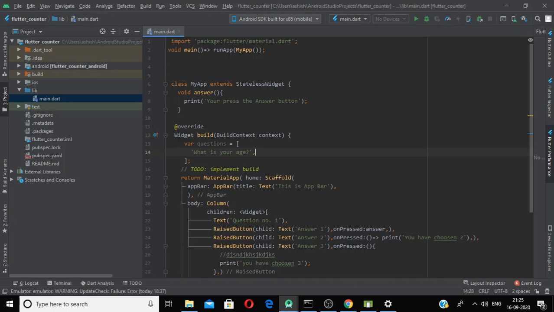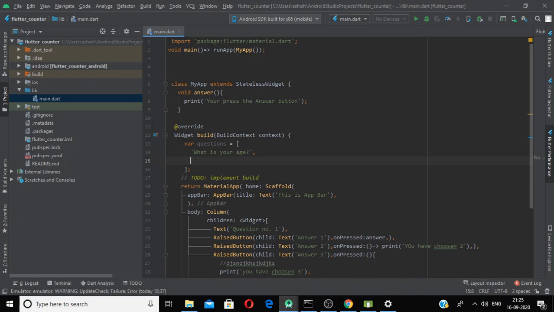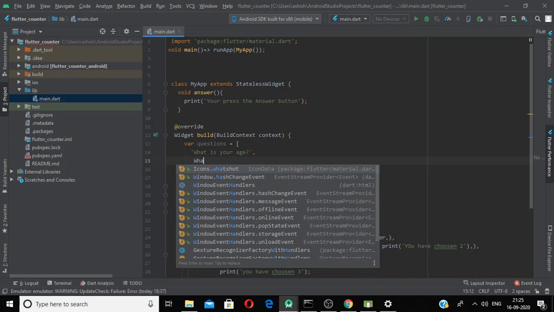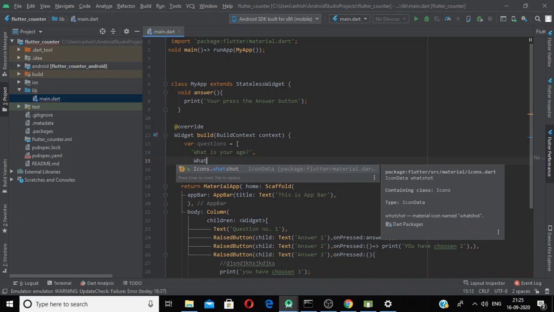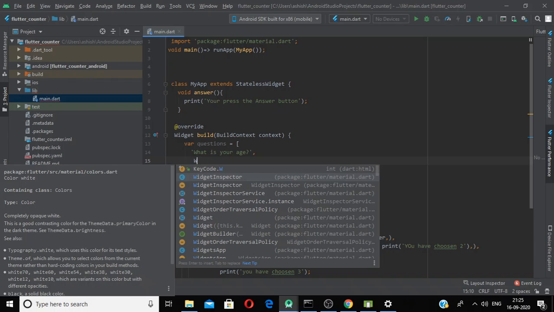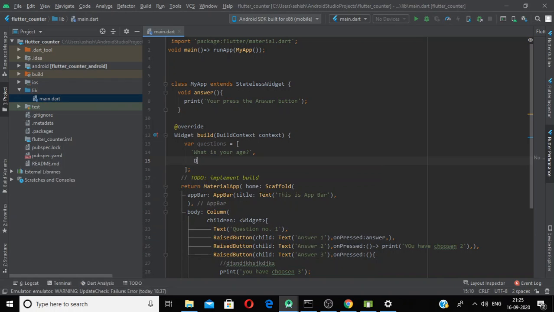The second question will be, do you have any of these symptoms?